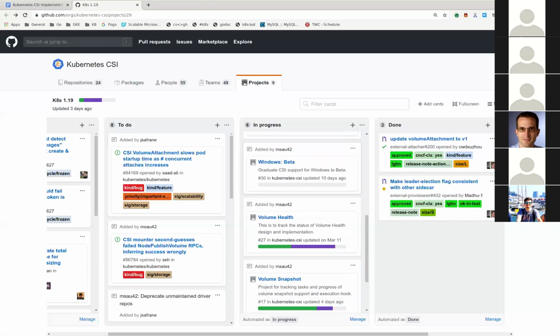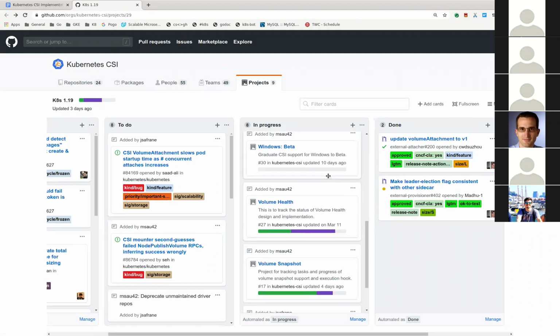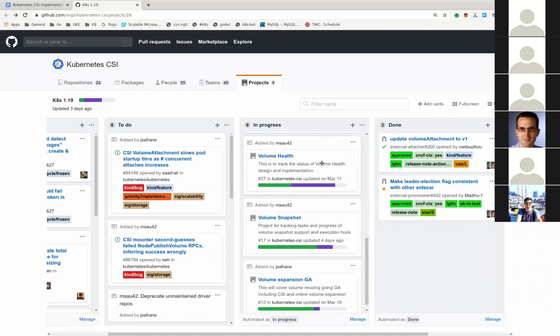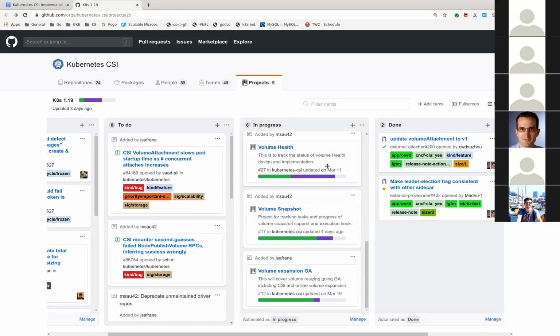All right, and I think the rest of the items are just tracking our feature progress. I'm going to skip Windows since Deep or Jing are not here. Next up, we have volume health. Yeah, so the CSI spec PRs are merged. I think Nick can start working on it and using the master for now. Okay, awesome. We don't have anything to do with the KEP since that's already merged, right? Yeah, we should do an update, but that's not really